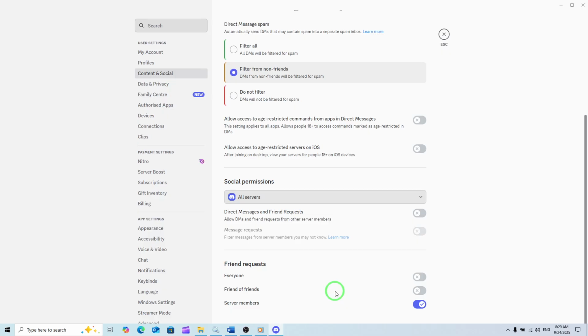If you'd like to tighten up your privacy, simply disable the friends of friends option. When you turn this off, only the settings you leave enabled, such as direct users through your username, will be able to send you a request. This gives you more control over your interactions and cuts down on unwanted requests from people you may not actually